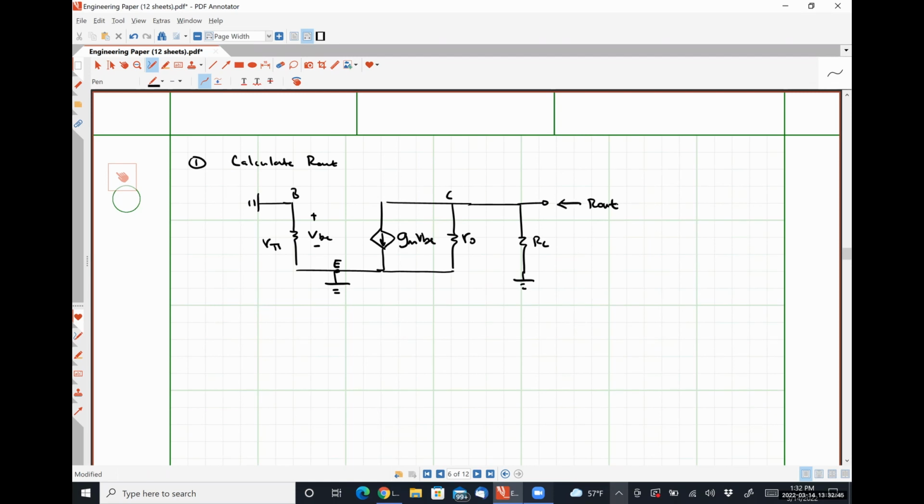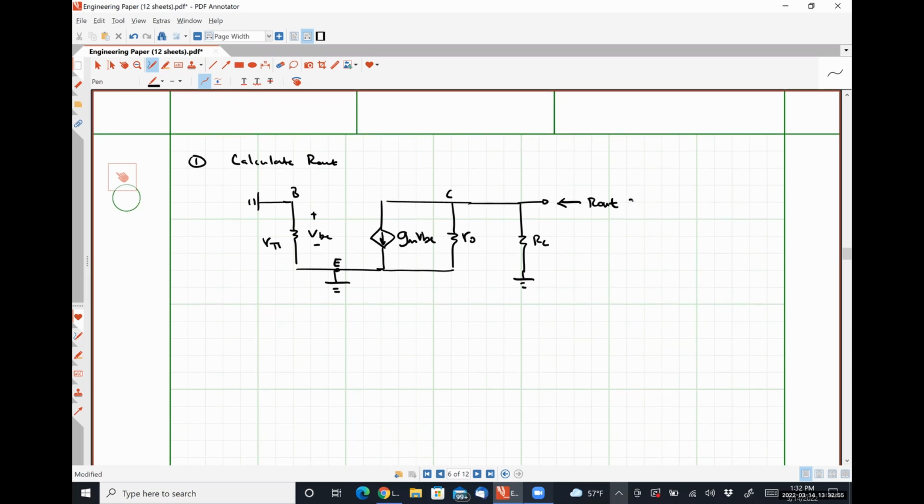So somebody tell me what R out is here by inspection. RC in parallel with R naught, 100%. Didn't require a large amount of effort there by any shape or form, right? Step two,